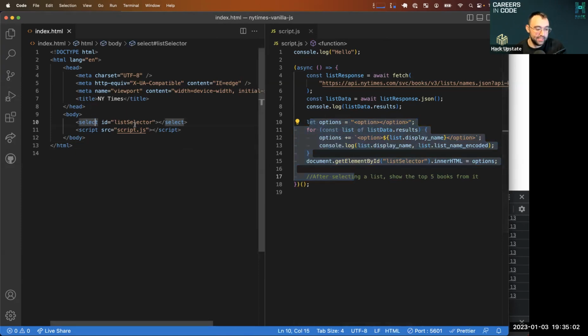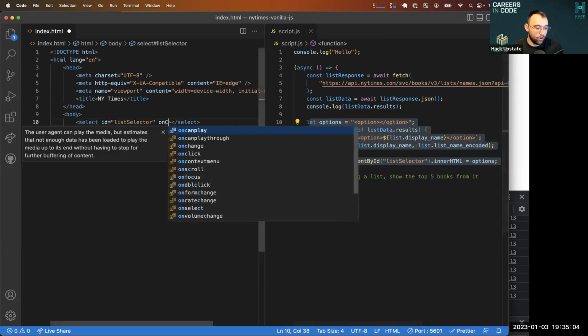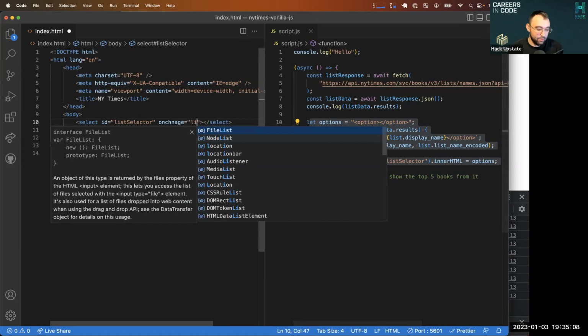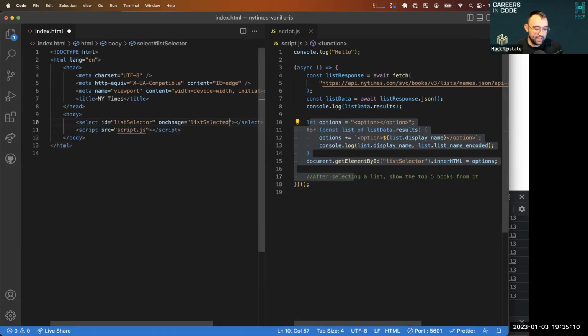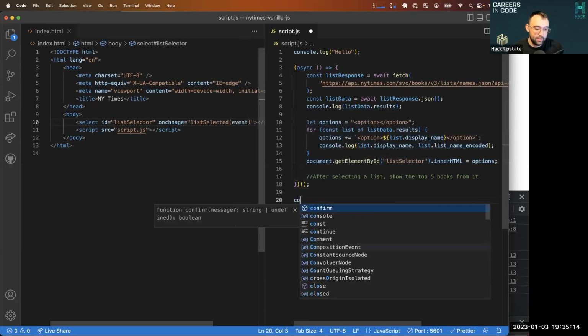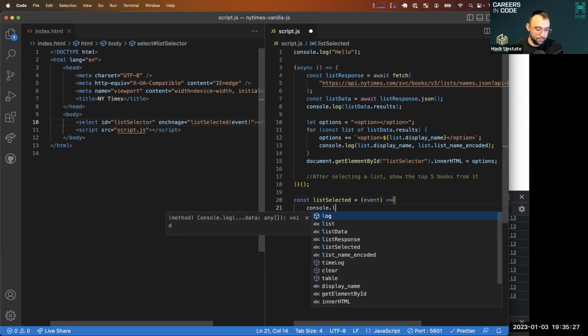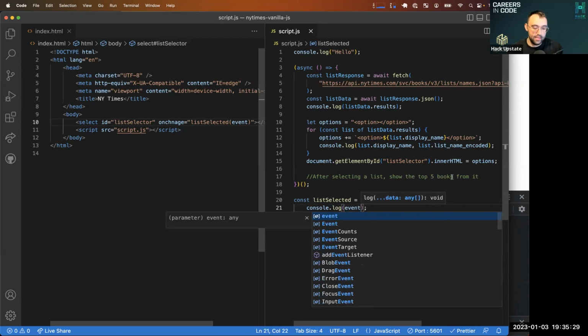So I'm going to go to my select ID and say on change, go run list selected, which is going to give me access to the event. So over here, I'm going to say const list selected is going to be some new function. That's going to give me access to the event, and I'm going to console log out the event